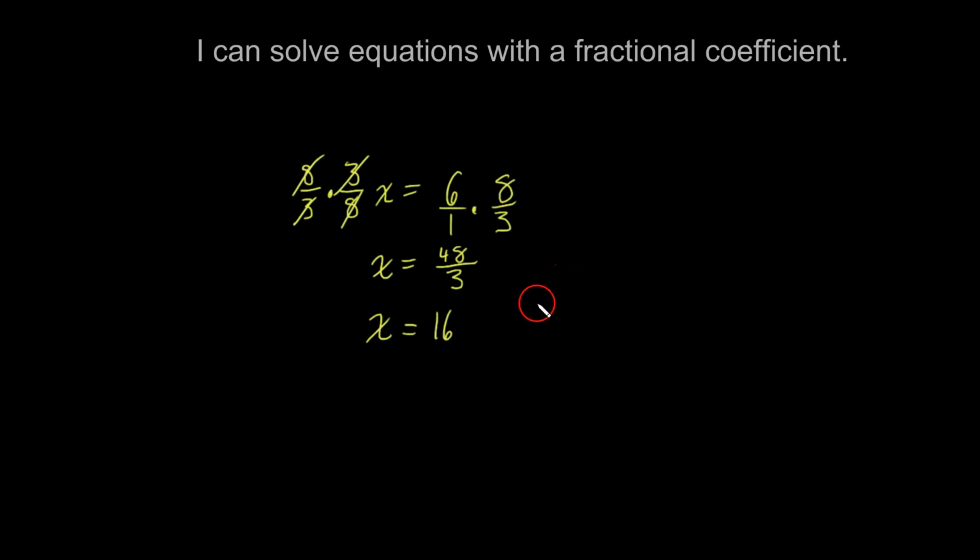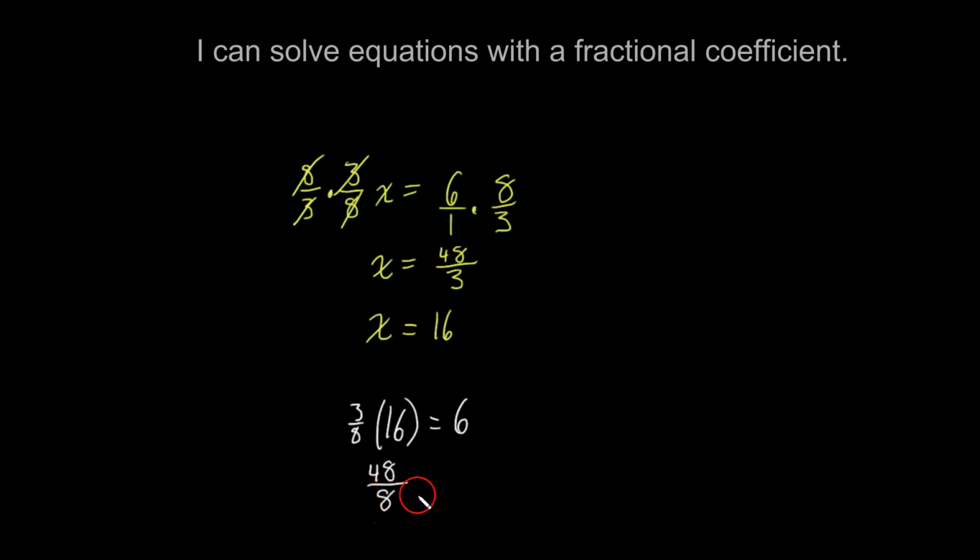And if we wanted to, I think it would be good practice to get into verifying our solution. Let's go and input our answer of 16 into the equation we were given, which was 3 over 8x equals 6. So we'll put 3 over 8 times 16, which was what our solution was, equals 6. And 3 times 16 is 48